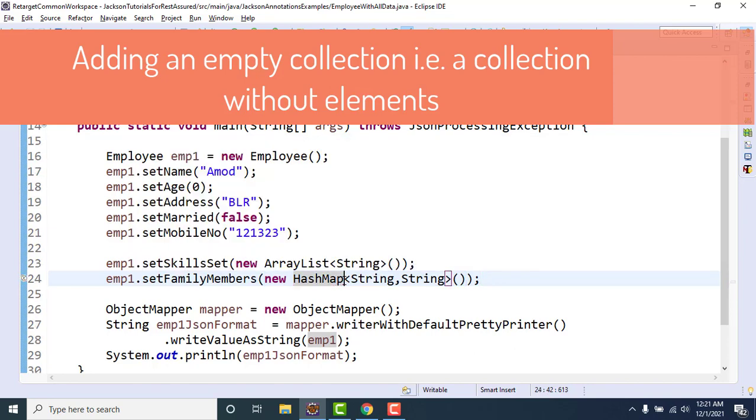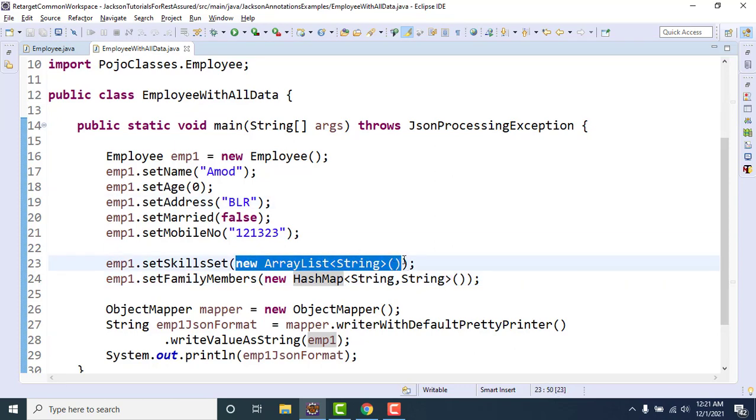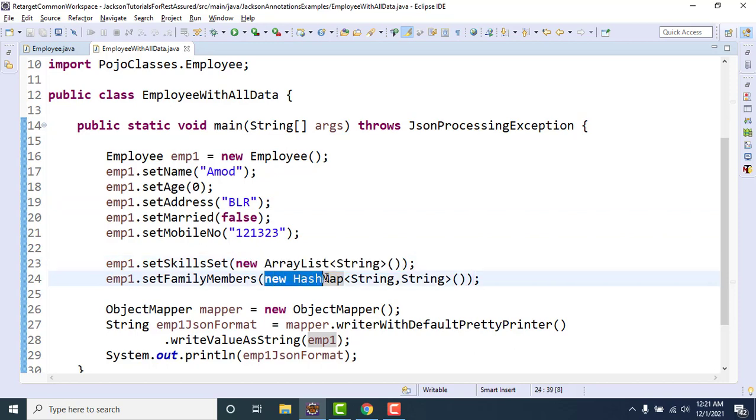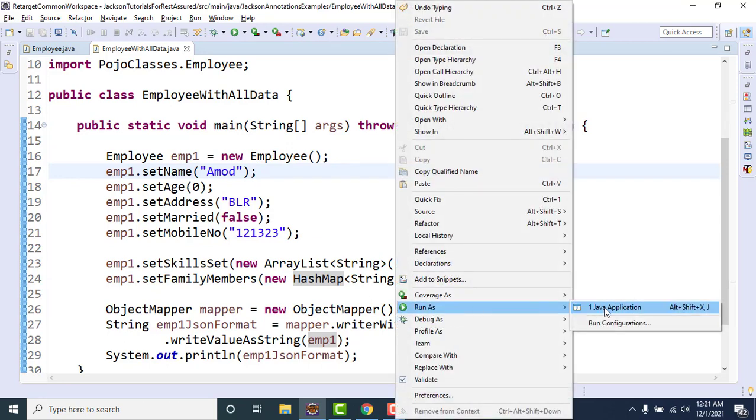Now when we serialize it to JSON, what is the output? Remember, this time it is not null, because we are setting some values, that is, an empty collection. If you try to run it, what will happen?